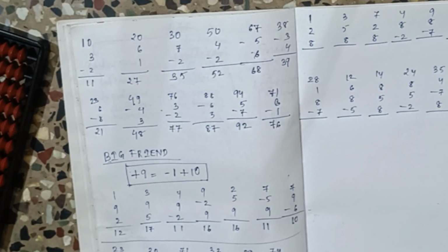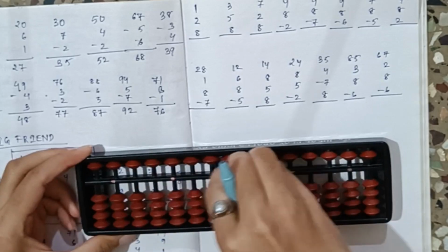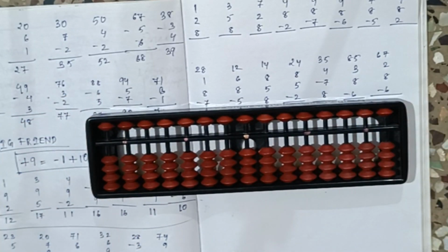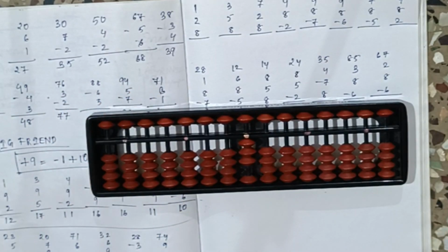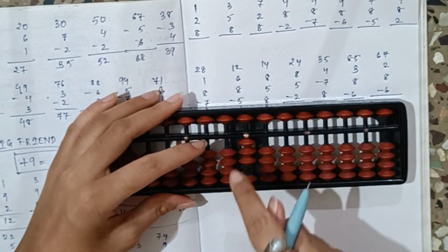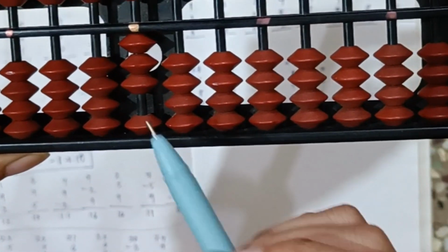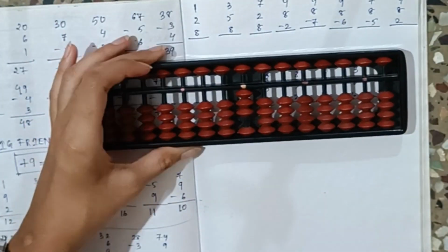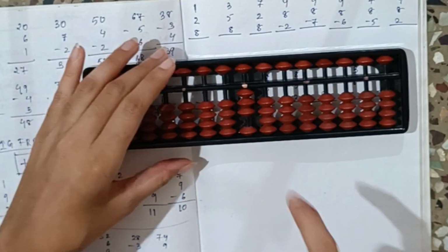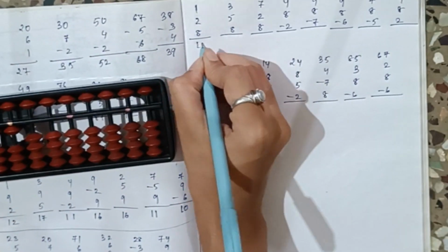So here we have some questions and now we are going to solve them. First question is 1 to 8. So 1, next is 2. Then we have 8. For 8 we cannot add directly because here available digits are 6, 5 and 1. So this is 6. So how to do 8? Just now we learned the formula less 2, add 10. Answer is 11.